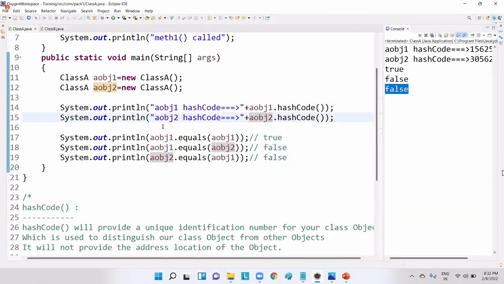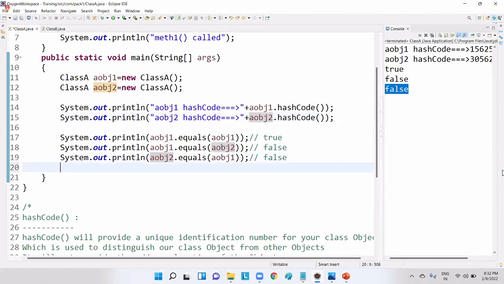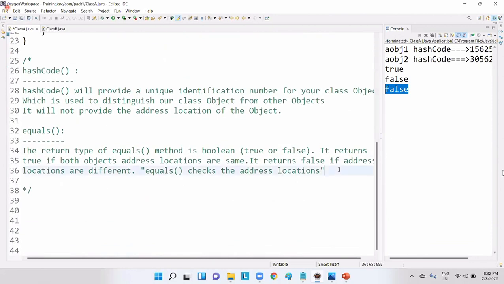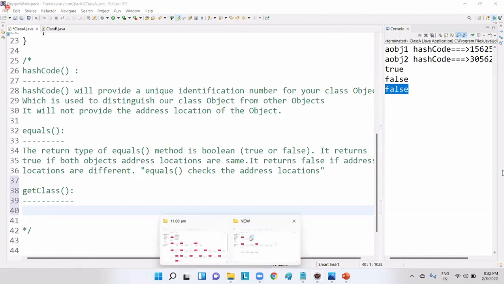That is great. Now let me try to go with the get class method. What is that? What is the use of this get class method? Guys, you need to understand a situation right now. What I'm trying to say is, for example,